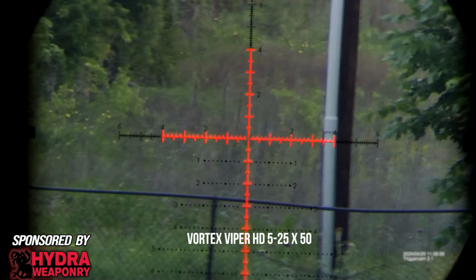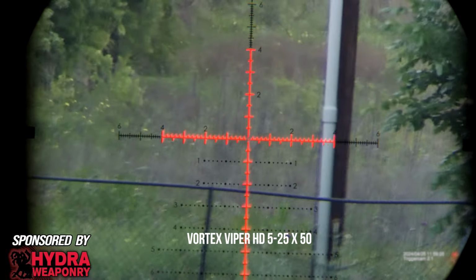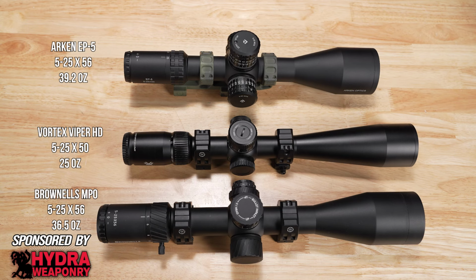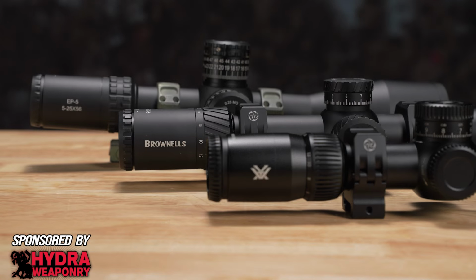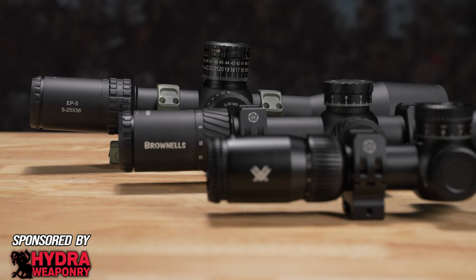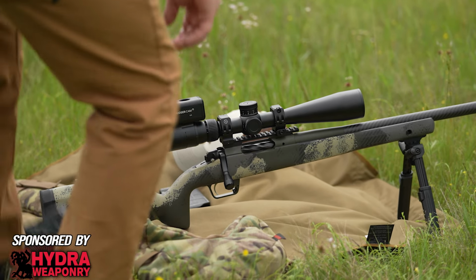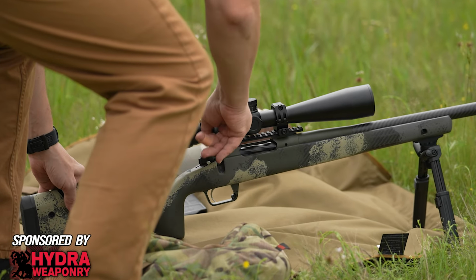The one thing I thought about as well is weight. So this is 25 ounces. The Arken was 39.2. That's a chonk. And the MPO was 36.5 ounces. So that's 11 ounces off the top? And so especially on this specific gun, here we have the Springfield Waypoint, and it's already a pretty light gun. So putting that on there, it's kind of just...